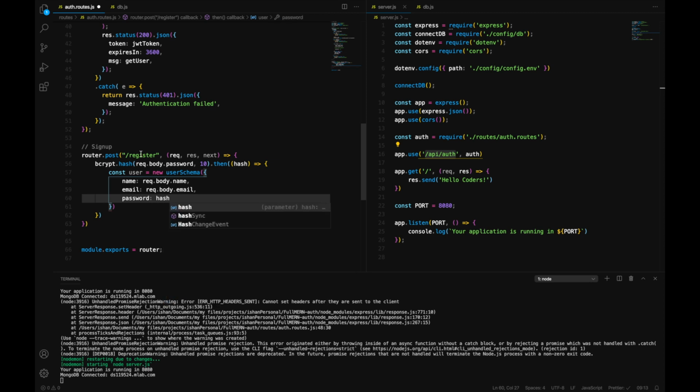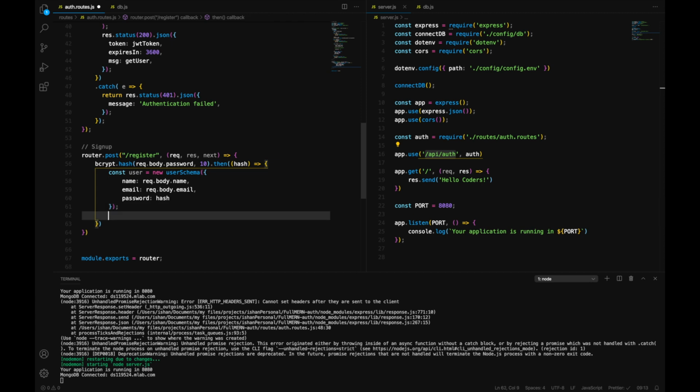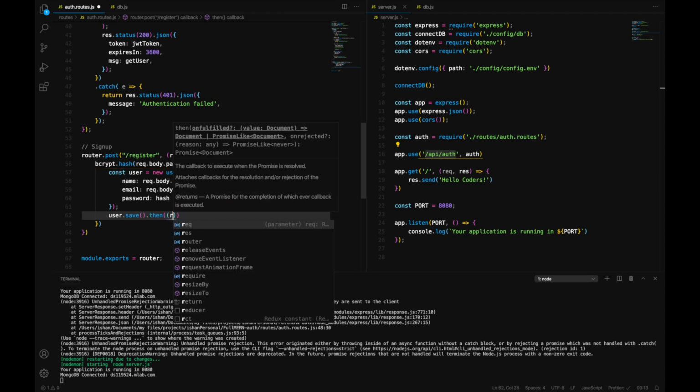So dot hash, because we added a parameter of hash here. So make use of that, and then now we can call that particular user and save it into our database, right? So dot save is provided for us by Mongoose,